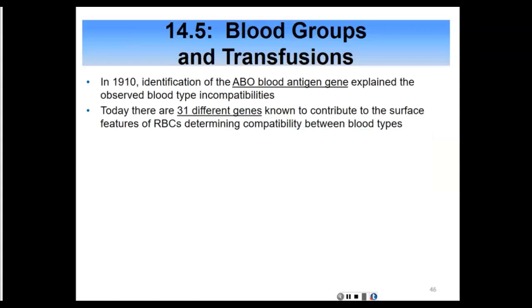Blood transfusion and blood groups. We're going to first identify the blood groups. And there are 31 different genes known to contribute to the surface features of red blood cells, but we're going to look at only a few of the